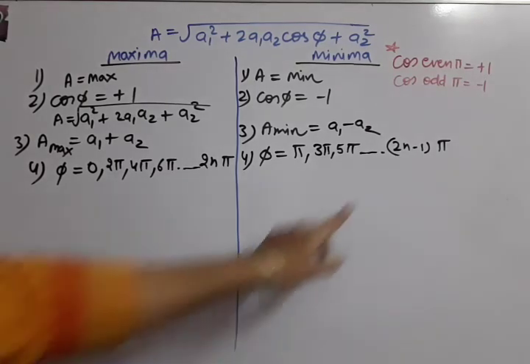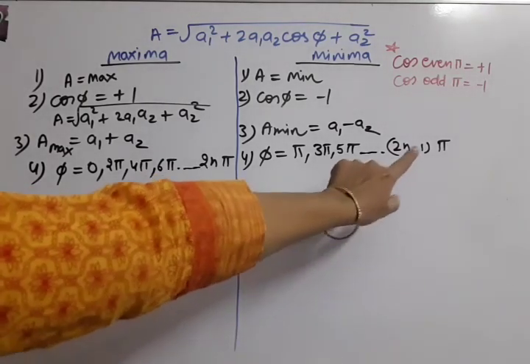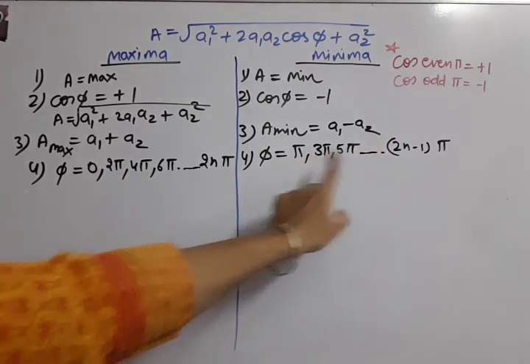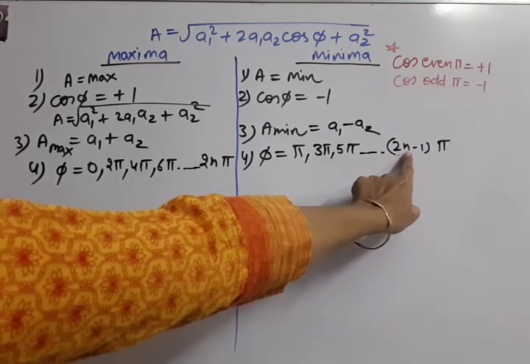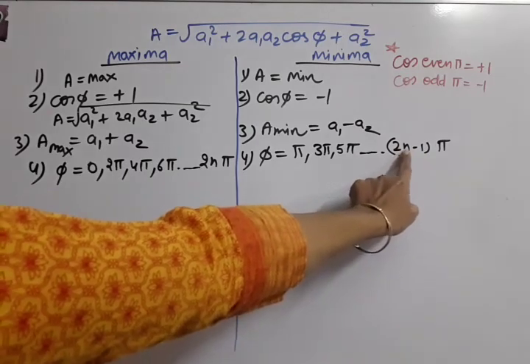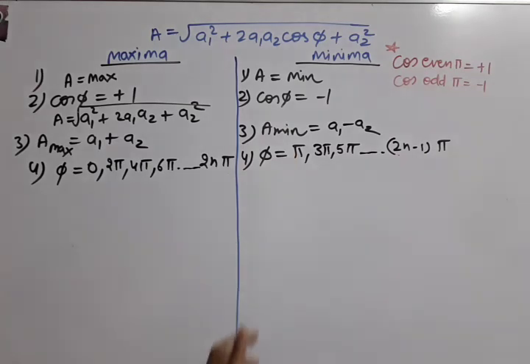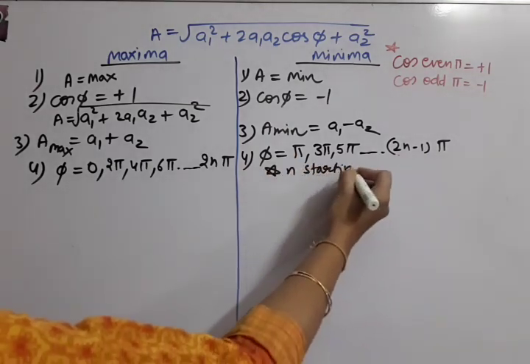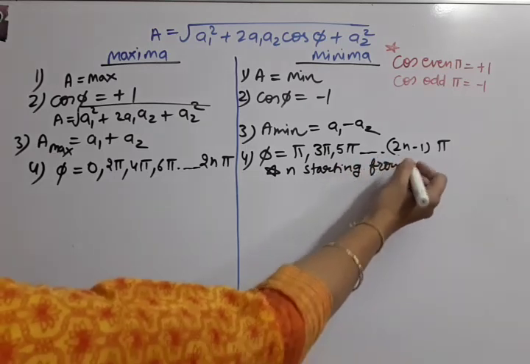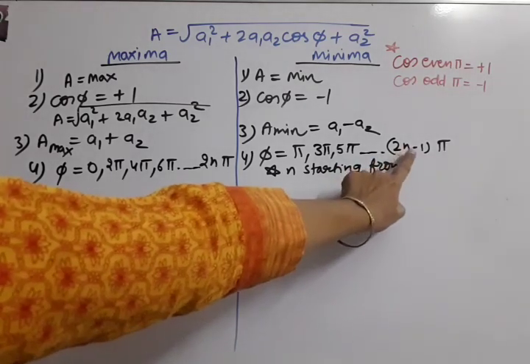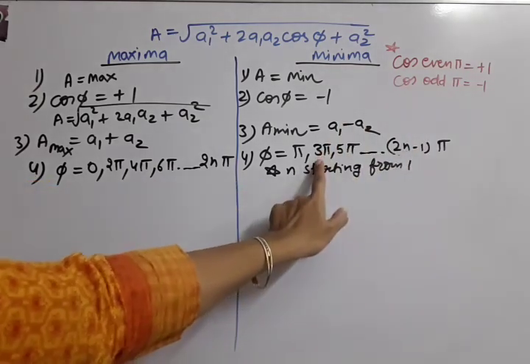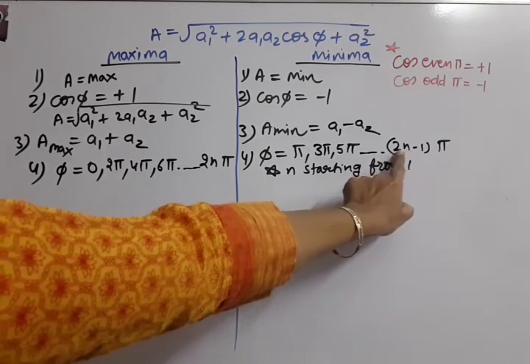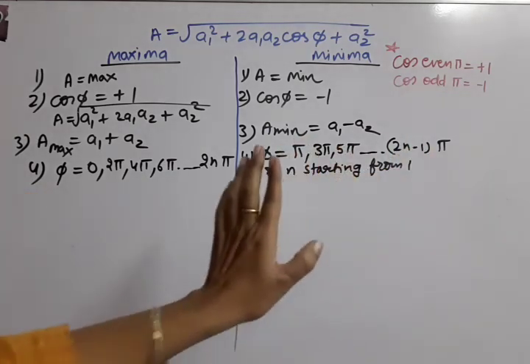Okay, now we have to mention what should be the starting value of n. We have to make the first odd number 1. So how will 1 be made? If I put n as 1, 1 twos are 2, minus 1, it will give us the first odd number. So the starting value of n should be 1. Then put n as 2: 2 twos are 4, minus 1, 3 is obtained. Put the next number n as 3: 3 twos are 6, minus 1, 5. This way the odd numbers are prepared.